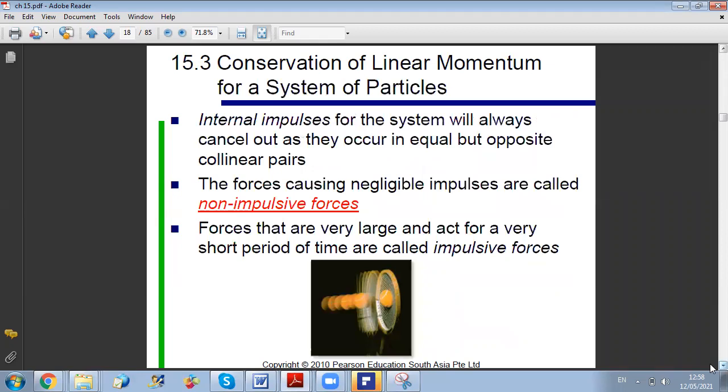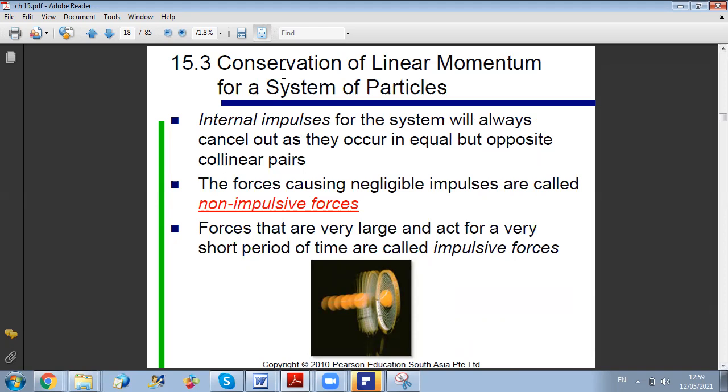Now, as we said, whenever we have a collision or a shock, the force of interaction between the bodies will be very high, and it will be applied over a very short time period. This is why all other forces, impulses in general, can be neglected compared to the impulsive force, unless they are directly related. What do I mean by this?